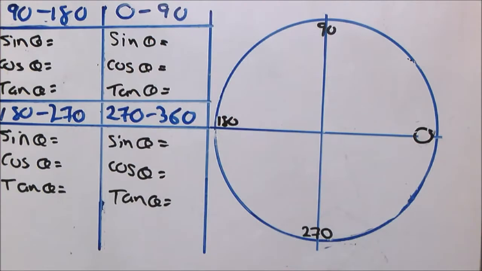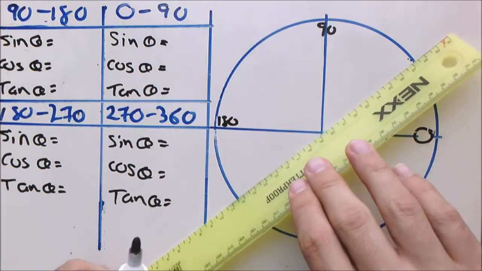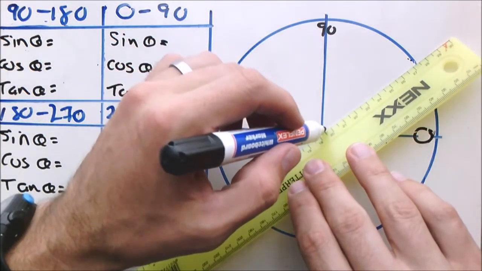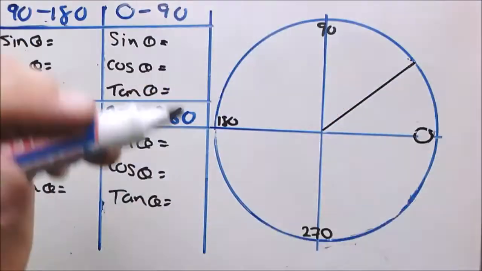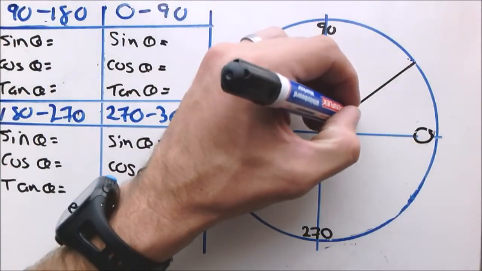I would like to prove in a different way to you that the CAST diagram works well, and this will help you with your understanding of the diagram. So let's draw a triangle in the first quadrant, and we say this is angle theta,